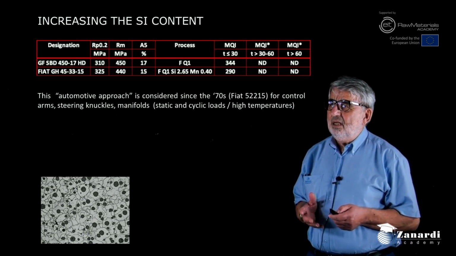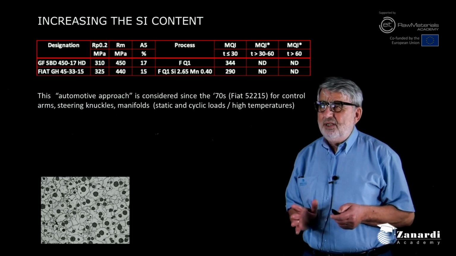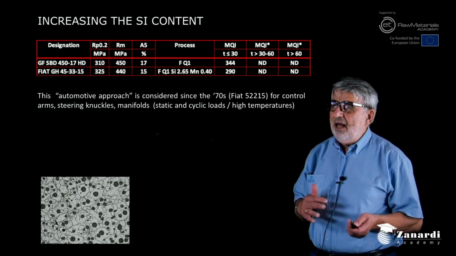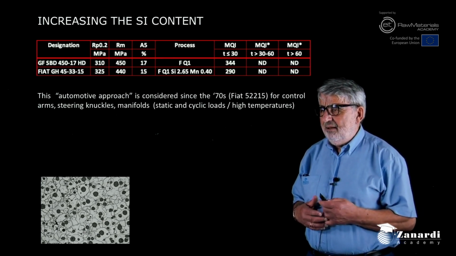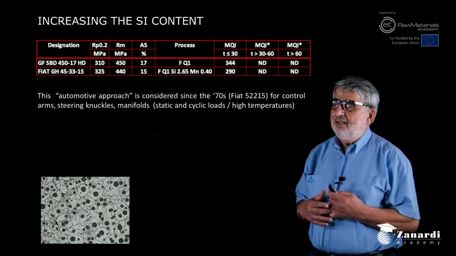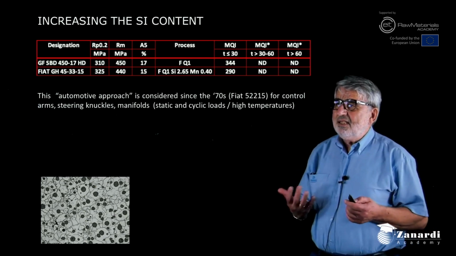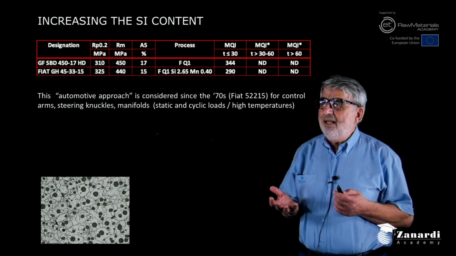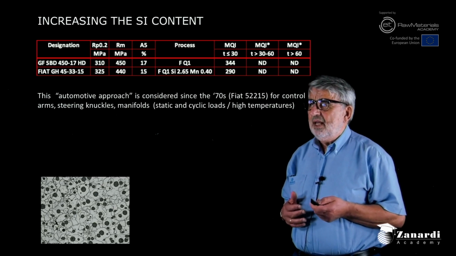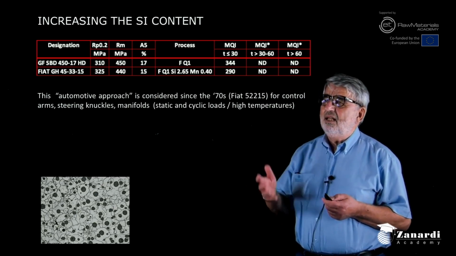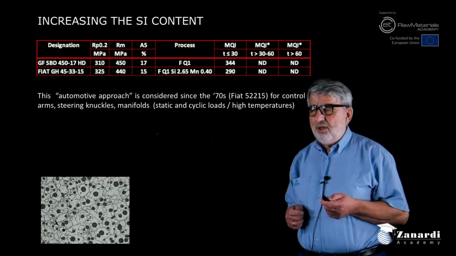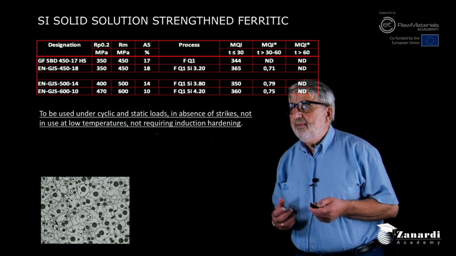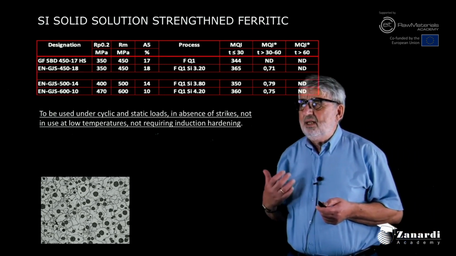The mission was to avoid entering into the field of ferritic-pearlitic grades that we know have a possible scatter in hardness, and so they started to increase the yield strength by increasing the silicon content. And this was defined in the EN standard and also in the Cibodur grades. But this was not enough,